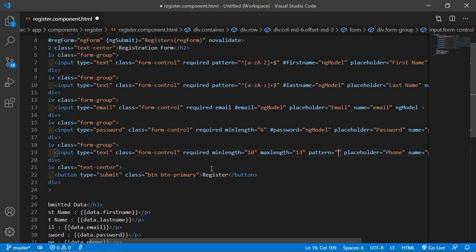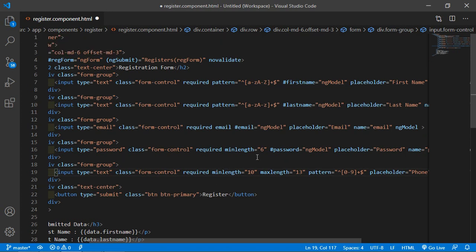Also add the pattern for entering only digits. So here add the caret sign, and inside the big bracket simply type 0 to 9. All right, and here plus and dollar sign. Now save this file.